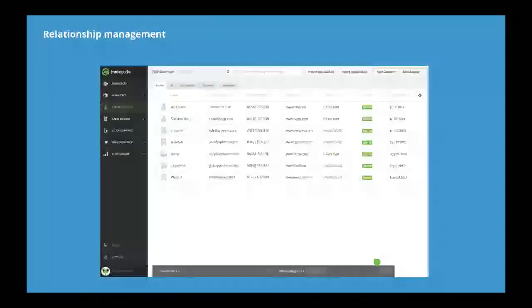In terms of CRM, the relationship management piece, it's really important from an automation standpoint to manage your three main types of relationships: if you're selling B2C, if you're selling B2B, or if you have your supplier network. Within this, you can set up all your terms, rates, everything you need. So when you're sending out an invoice or a prospective purchase order, all that customer information is readily available.